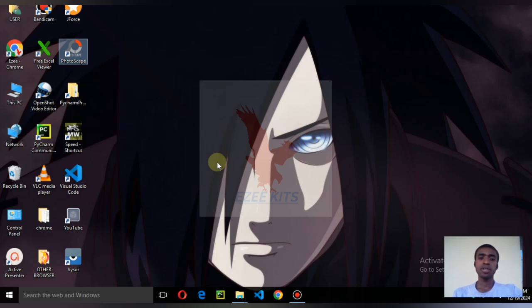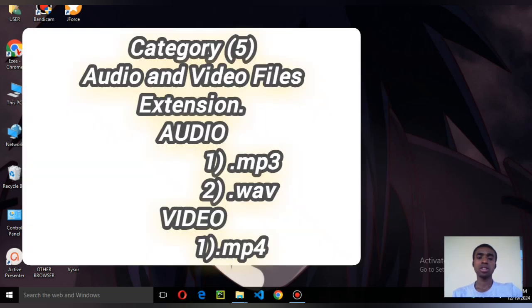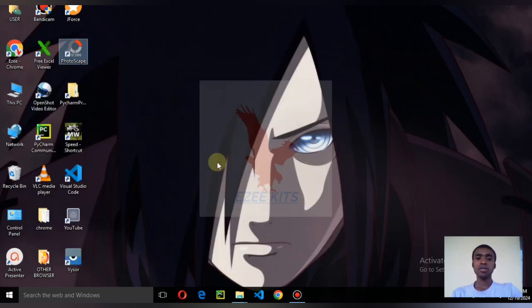Also have the audio and video files, which I've talked a little bit on, which is the .mp3 for audio files. For your audio files, if you have music on your Android or your iOS or your computer, when you right click on it or hold it and go to the app info, which is on your Android phone, you can see the file extension at the end. Most times it's stored as .mp3, and then for that of video, mainly .mp4.